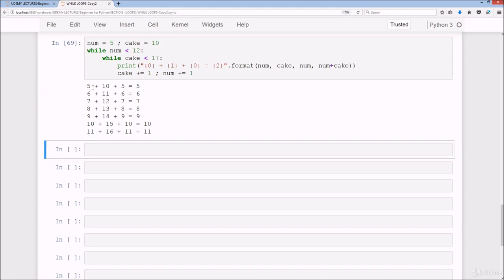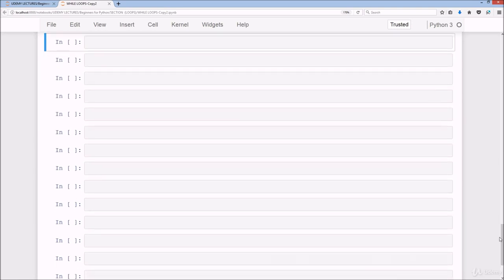There we go. So 5 plus 10 plus 5. So in this case, the 5 is going to be for the num, and 10 is going to be for the cake, and then 5 is going to be for the num, which you can see here. So you've got num for 0, cake for 1, the num for 0, and then you've got the num plus cake for 2. Okay, so moving on from that,